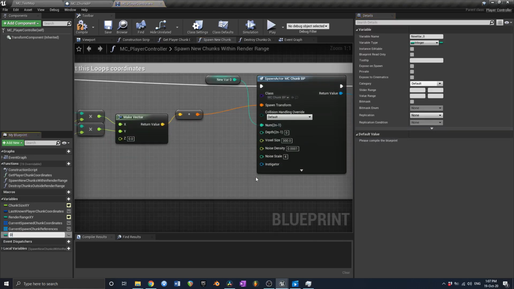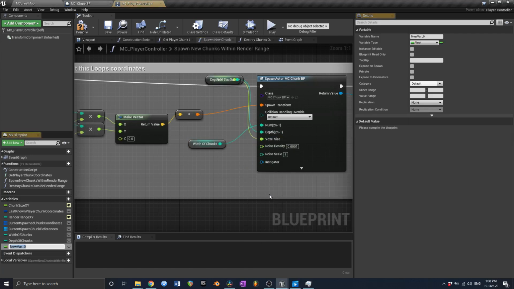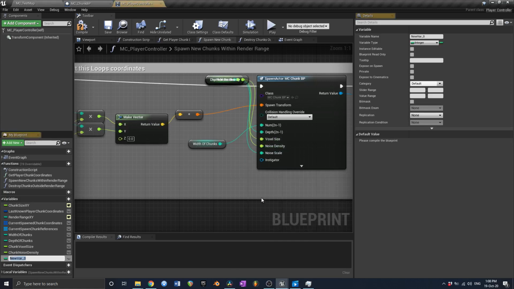So I'm going to call this width of chunks, depth of chunks, chunk voxel size, chunk noise density, chunk noise scale. And I'm going to compile and save,